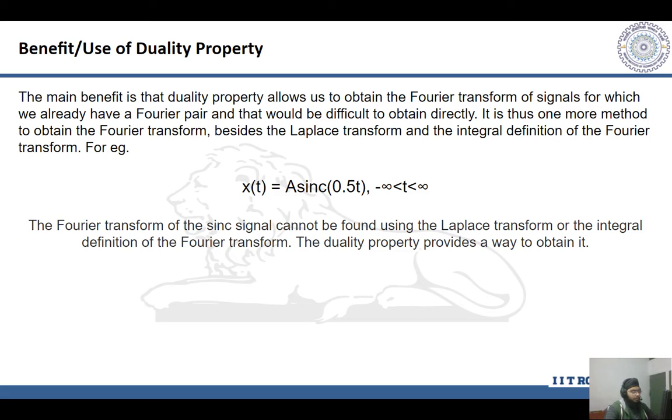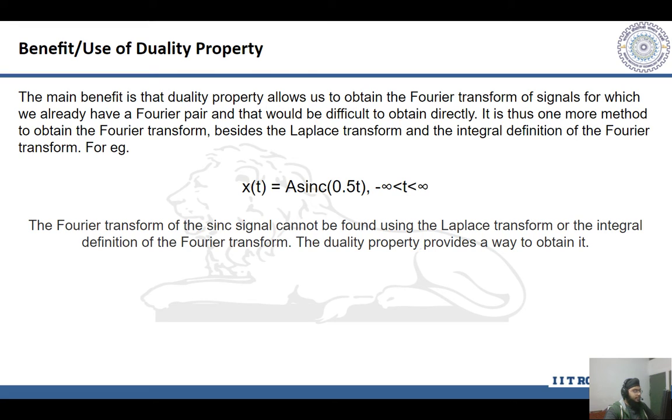So let's talk about the benefit and use of the duality property. The main benefit of the duality property is that it allows us to find the Fourier transform of signals for which we already have a Fourier pair, and that would be difficult to obtain directly. It is thus one more method to obtain the Fourier transform besides the Laplace transform and the integral definition of Fourier transform. For example,